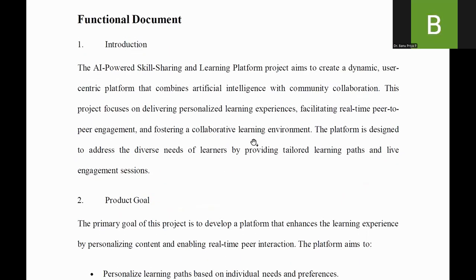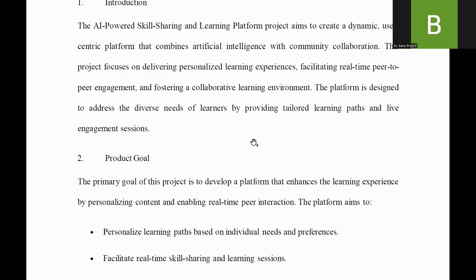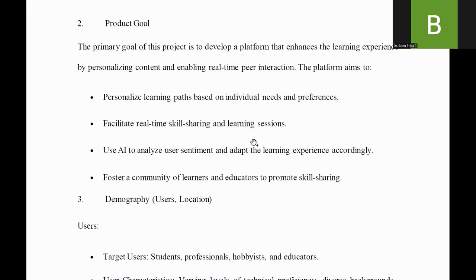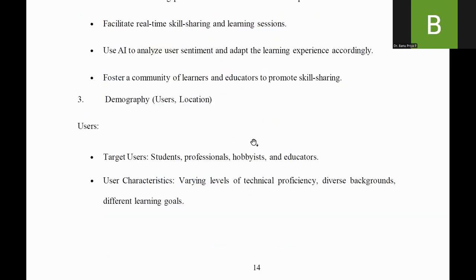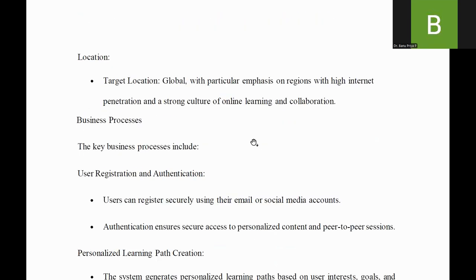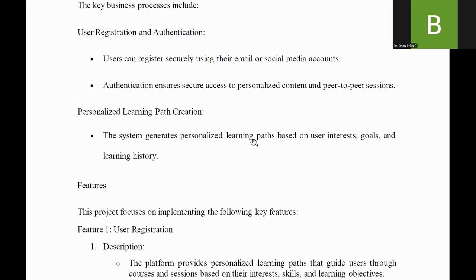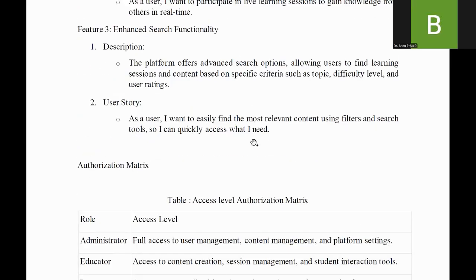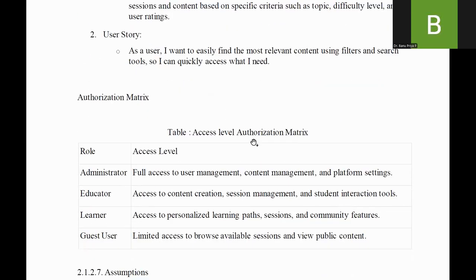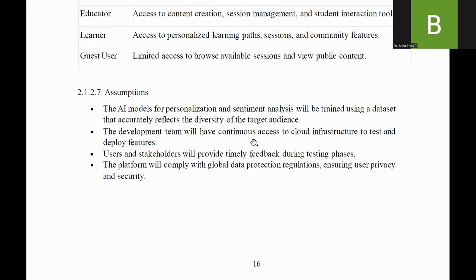Okay. So for writing the user story, we should understand the product goal, functional, and non-functional requirements, right? What is the product goal of your project? If you see the product goal, you should also understand who your users are, what your location is, where you're going to launch your product, and what features your product will have. All these we should understand. Only then can we write our user story.